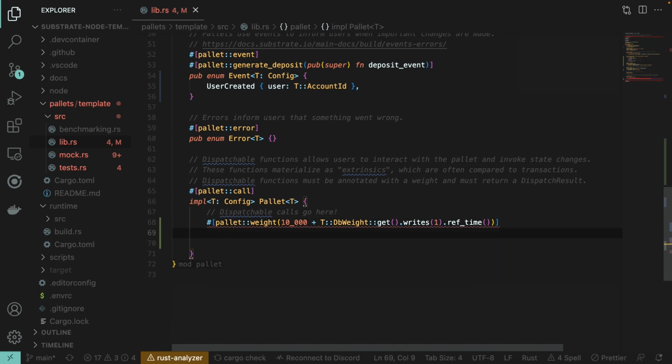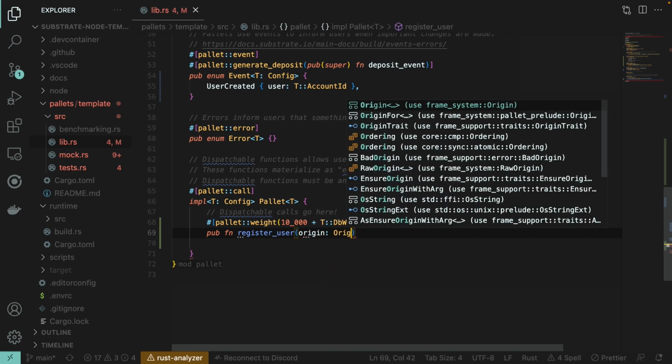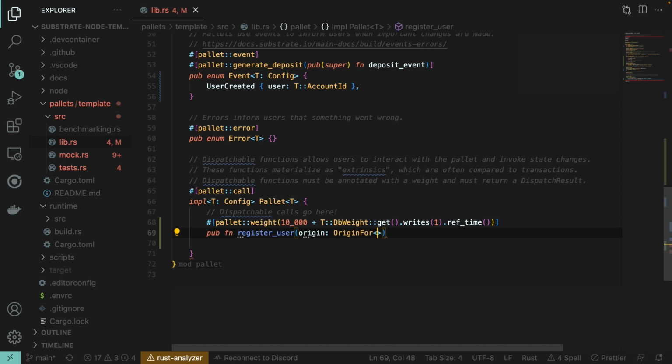Now right below, you want to type pub fn. We're going to call the function register_user. So we're declaring a public function called register_user. And we have a few unique arguments when creating a dispatchable function. So let's get those out of the way real quick. origin: OriginFor<T>. So we're passing in actually the config here. I'll explain exactly what this origin parameter is in just a moment,